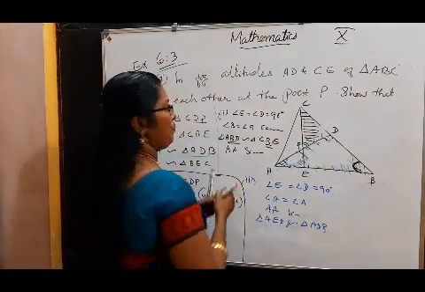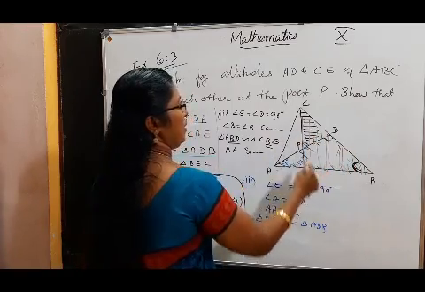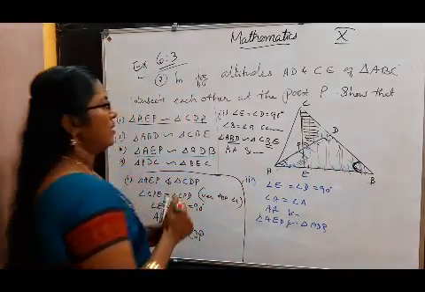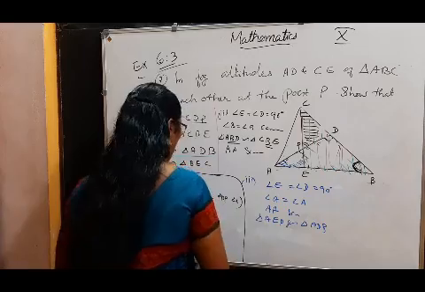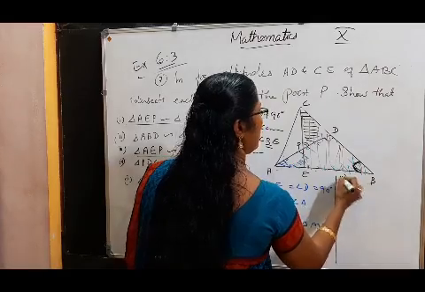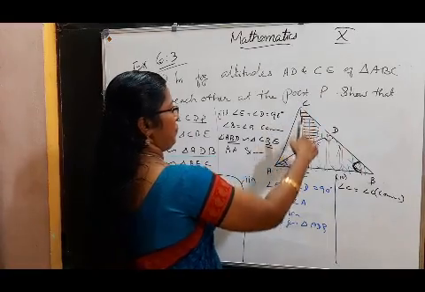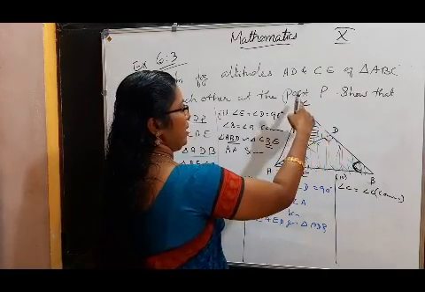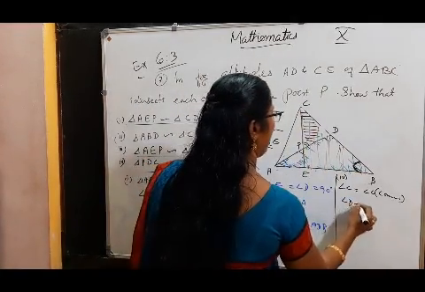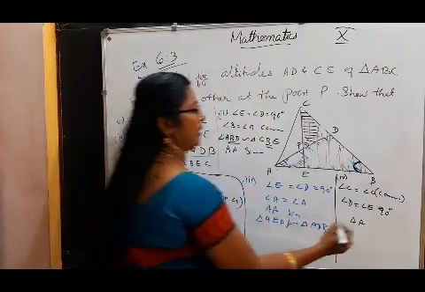Here, angle C is common to both the triangles. In PDC, angle D is 90 degrees, and in BEC, angle E is 90 degrees. By AA similarity criterion,